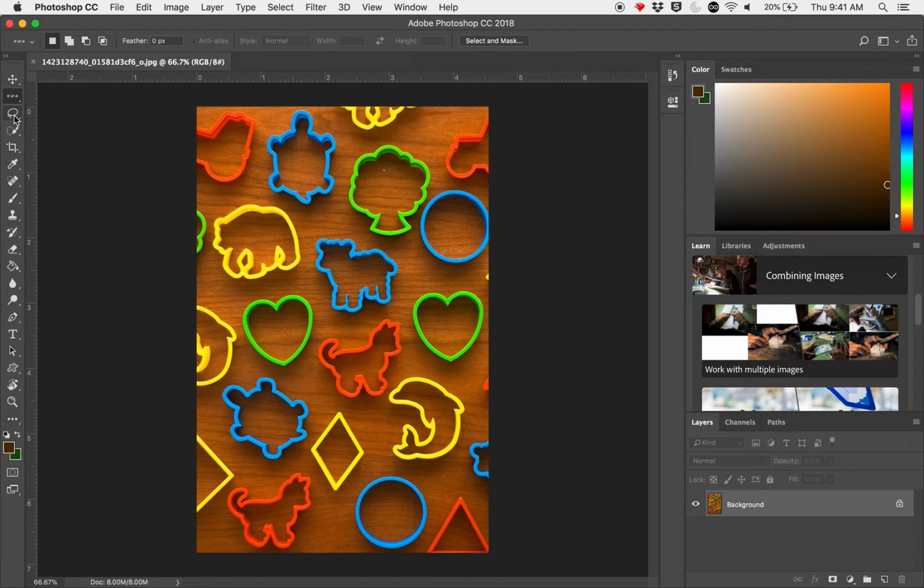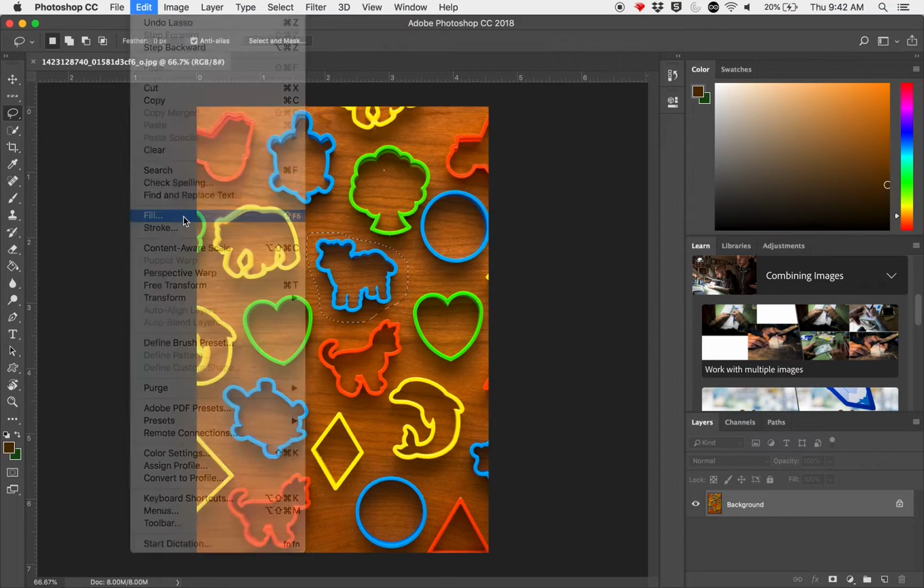The next tool I would like to go through is the lasso tool. The lasso tool lets you select a certain area just by clicking and dragging roughly around the image. So this is the lasso tool here, and you can see I select that. A great use for the lasso tool is rough selections, when you want a selection but it doesn't have to be precise. Let's say that I wanted to get rid of this part of the image and make it blend into the background. If I use the lasso tool, I can select around it roughly,